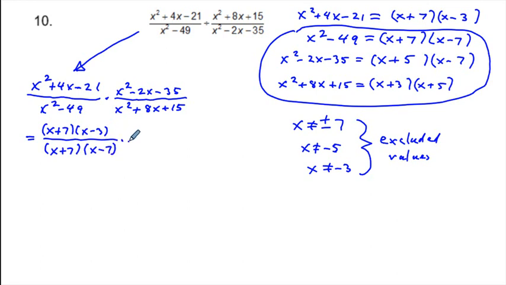And it's going to be times, we have this x plus 5 times quantity x minus 7 over this x squared plus 8x plus 15, which is going to be x plus 3, x plus 5,